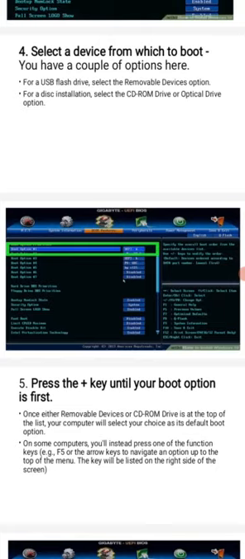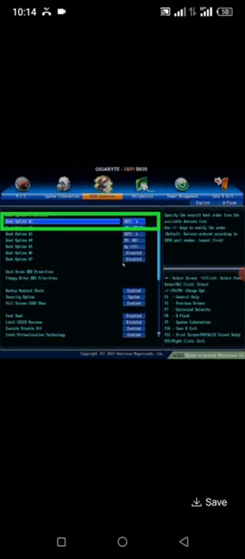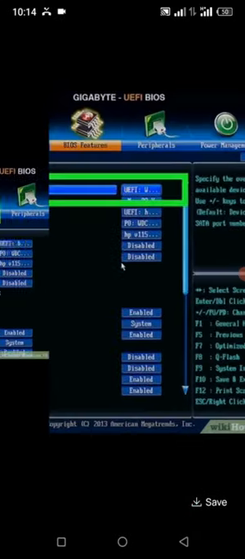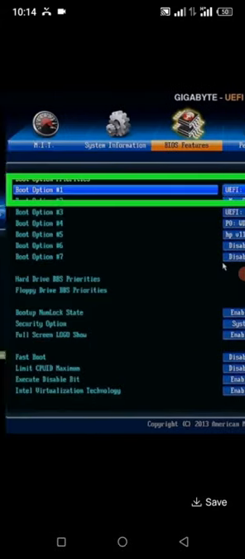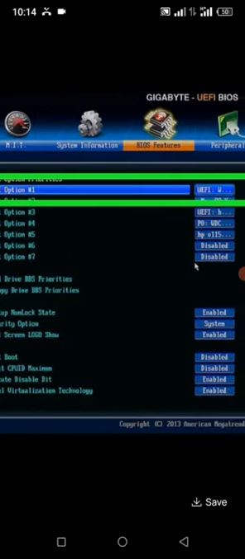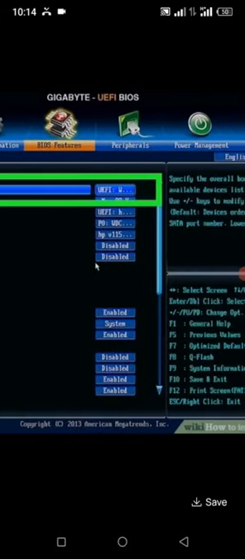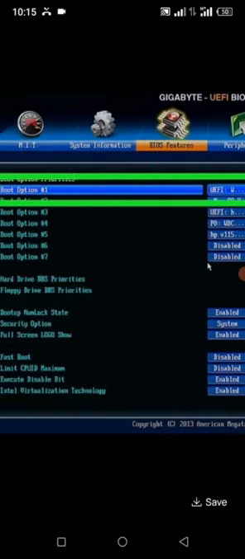But if you are using a CD, here they are saying you need to select the CD-ROM. Because if you use a flash and your Windows operating system is on a CD, it's not going to execute the installation. You're going to have a load error, and it will take you back again. So make sure that you have selected the correct model. If you are using a flash, make sure you select that. Here you go to option number 1, which says boot option 1. When you choose that one,